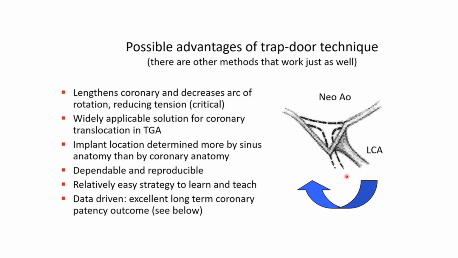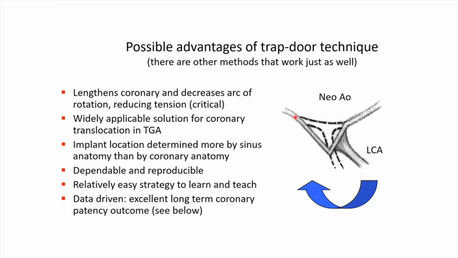Let's focus more on the trapdoor technique. In my practice, especially if the coronary button has many branches, at least 2 or 3 branches. For example, if this is a left main, there will be at least 2, the left circumflex and the LAD, but sometimes the RV branch also arises here. So if we use the trapdoor technique,